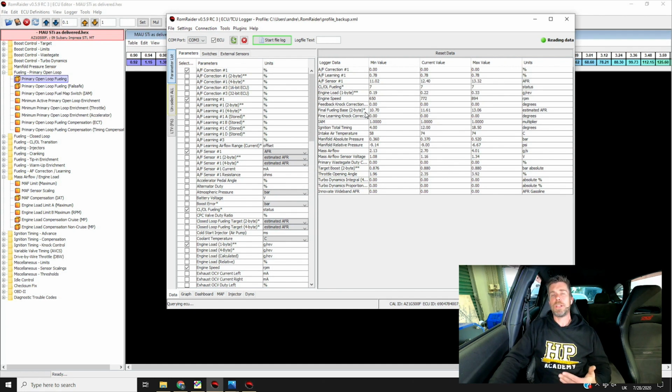Our fine knock learning correction, basically if there is consistent knock activity and knock retard, this is a learning, so there is actually a separate table that the ECU will start populating, so that when it goes through that same zone of the ignition table, it will immediately pull that timing, preempting knock. So those are the parameters that we're going to be looking at for our ignition tuning.